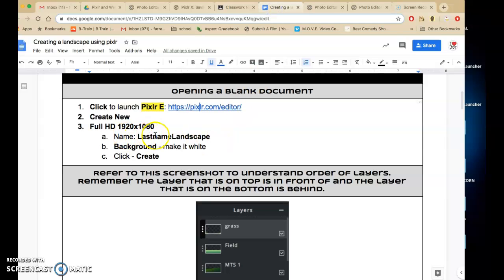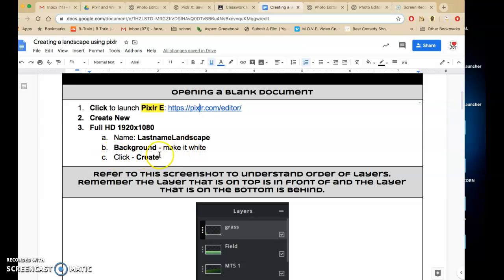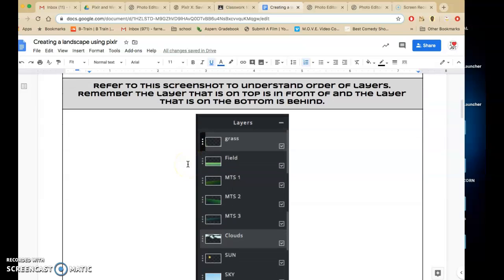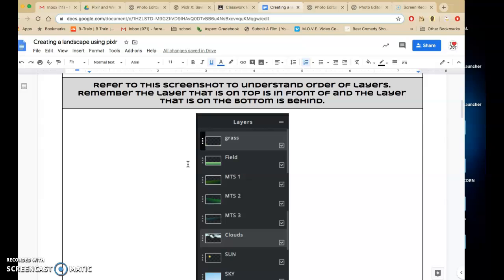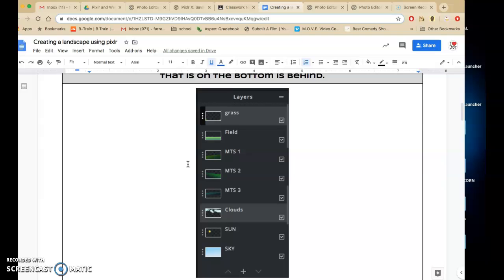So it says name, last name, landscape. I did that. On background, I made it white, and then I clicked create. This says refer to the screenshot to understand the order of your layers. Remember, the layer that is on top is in front of, and the layer that is on the bottom is